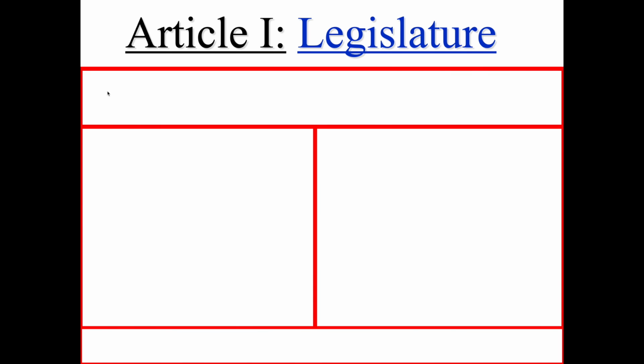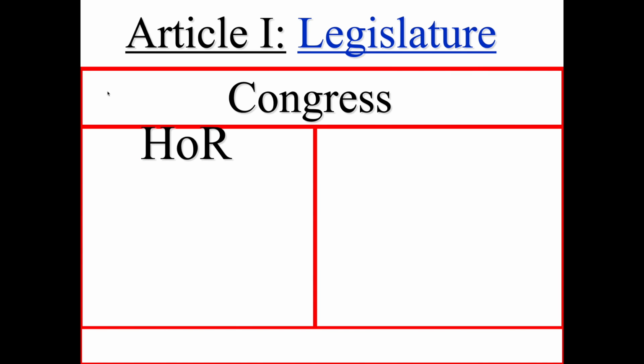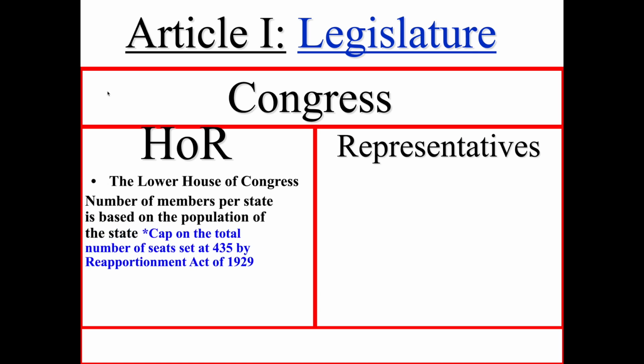Okay, so we have done the introduction to the Constitution and we've done the preamble. So today we are going to do Article 1, which deals exclusively with the legislative branch. As we get started here, we are going to first talk about